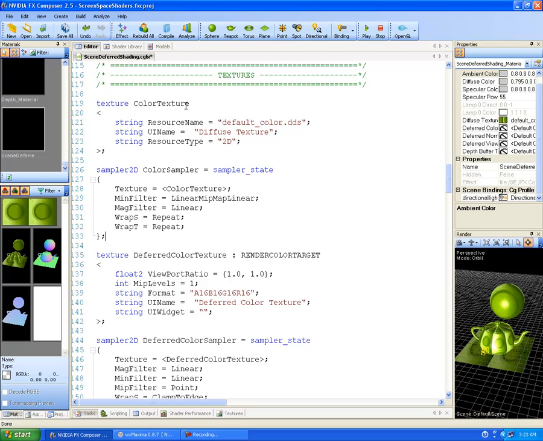So texture here, color texture, is the name of it. Open less than sign here. String resource name equals in quotes default_color.dds close quotes semicolon, and then string UI name equals in quotes diffuse texture close quotes semicolon, and then string resource type equals in quotes 2D close quotes semicolon, close greater than sign semicolon. Alright, sampler2D color sampler equals sampler_state, open curly brace, texture equals in parentheses, so in greater than less than signs, control color texture